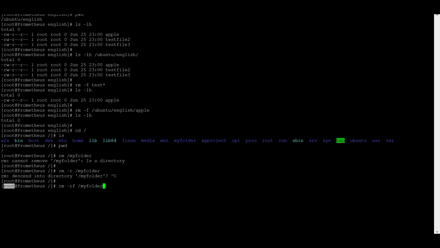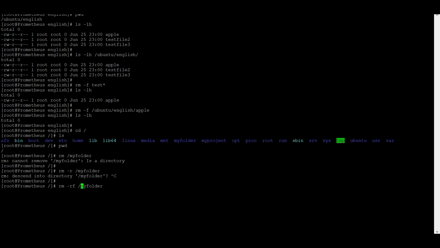So I request you to avoid providing an absolute path when you are using the RM command. Okay. So already I'm inside this slash only. Already I'm inside the slash. So I'm going to use a hyphen. Why? Because by mistake, if you give one space, what will your operating system think? It will think that, okay, first we will go and delete it. After that, we will go and delete like this. Like this, you can use multiple files also here, but